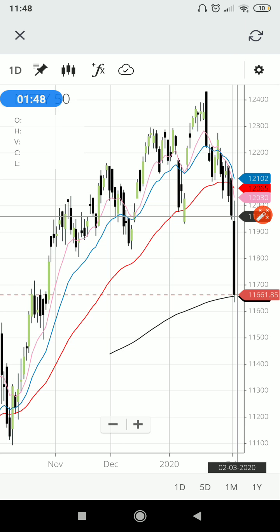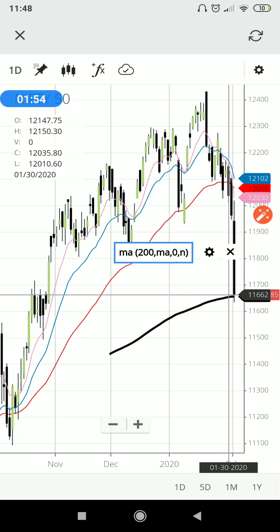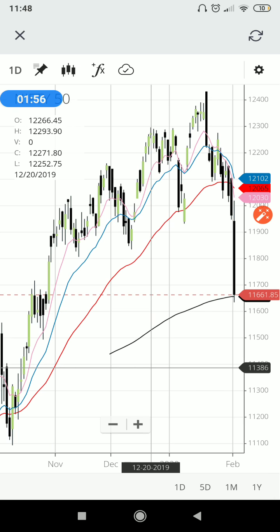So now we have a pattern target which is met. So market also came to this 200 period moving average. So now that is the completion of the pattern target of the head and shoulder. So from now, where,